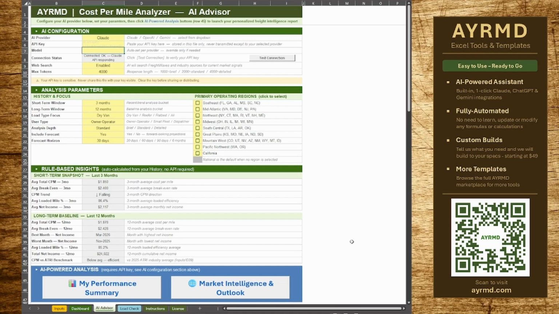The AI advisor is designed to provide an added level of market intelligence using an external AI service. If you have a subscription with Claude, ChatGPT, or Gemini, you can simply add in your API key for that service and directly access a higher level of market intelligence for either your own company performance summary or a general broad